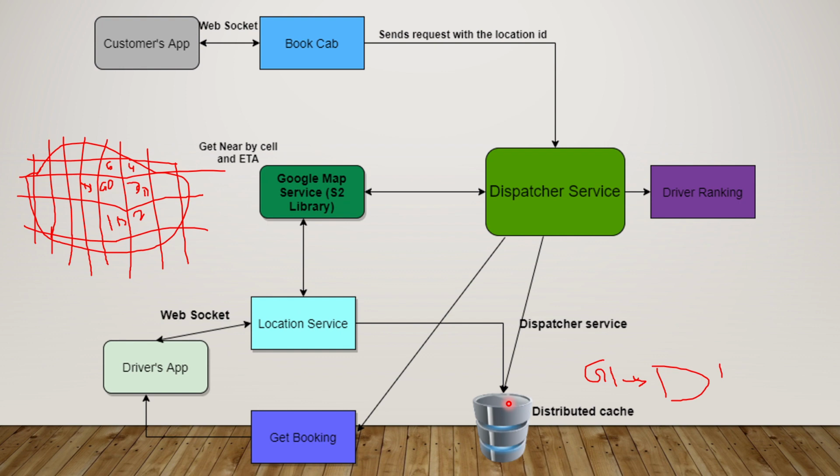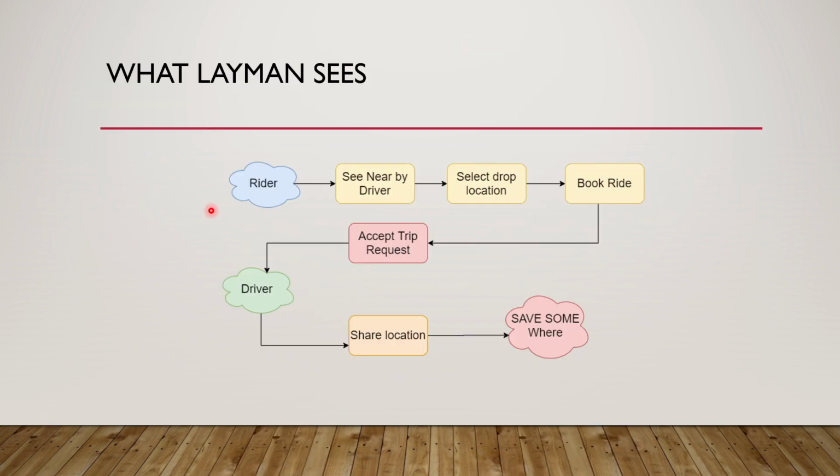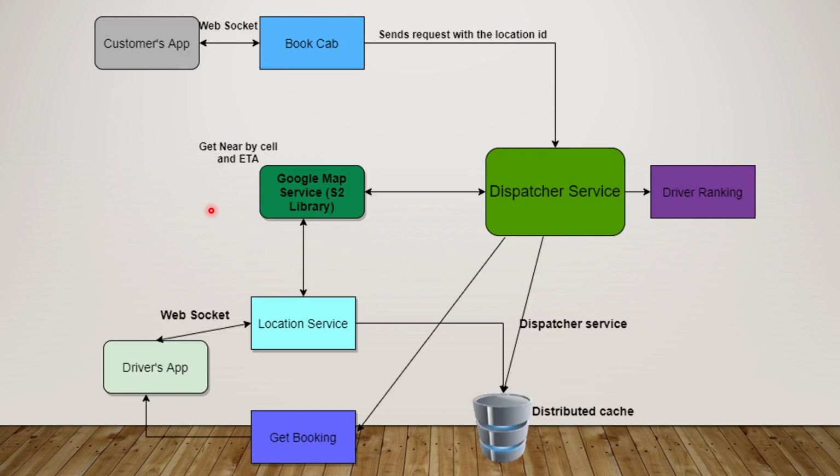So that is how I came up with this particular picture, and if you see, it's a step-by-step process that I followed. I first saw what features are present here, then I broke it down one level into API terminology, what all APIs can be there and what all services and databases can be used. And next I came to the booking service, how the booking can be made. This is not how Uber or Ola works, but this is just my design, how I would design a service and how it should work.